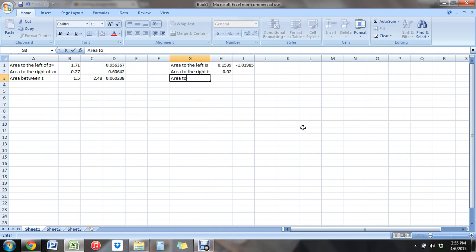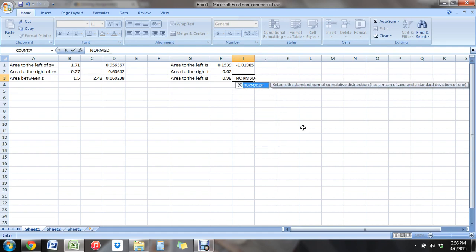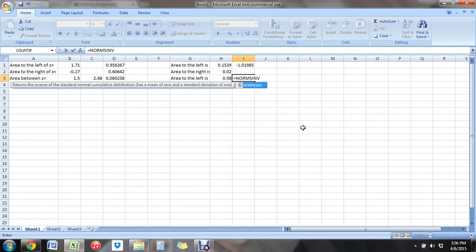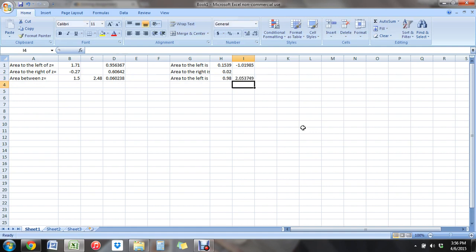So we're just going to go down here. The area to the left is 1 minus this. We can use that function again with the 0.98. And that will give us a z-value that corresponds to the area to the right being